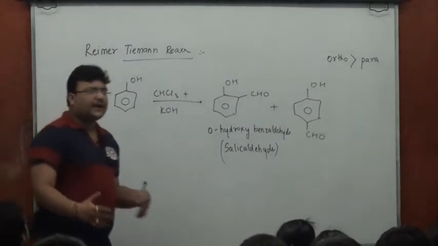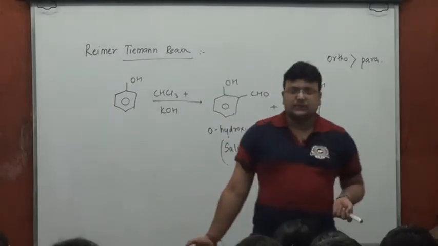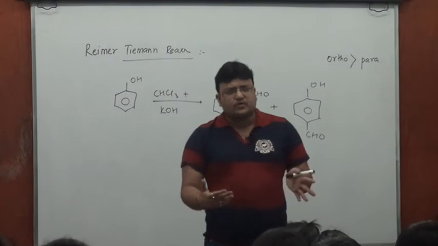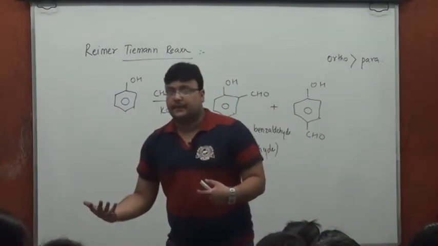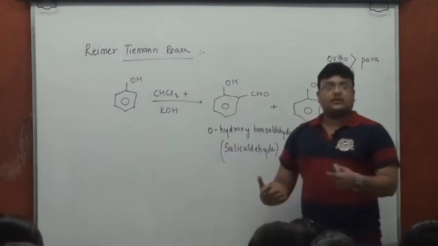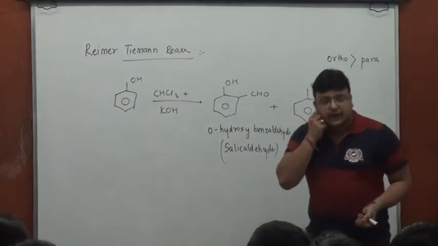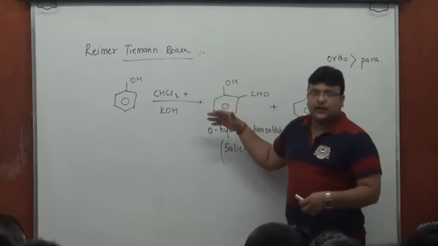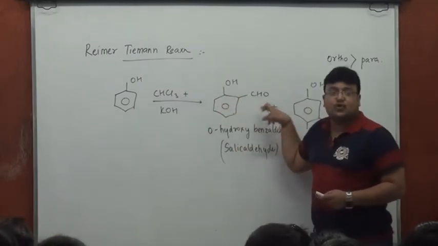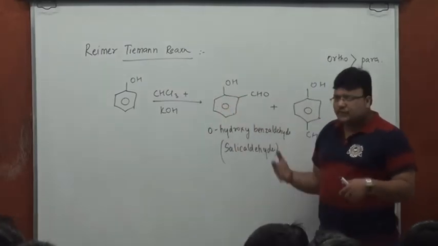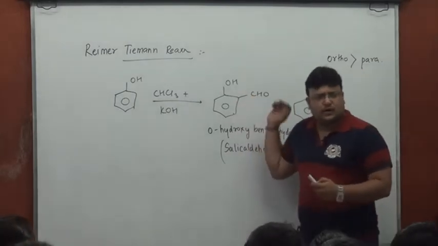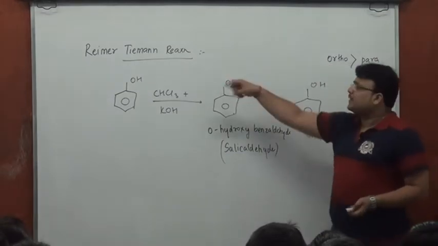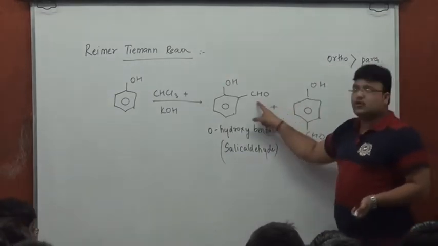And you know, so many times in aromatic reactions, you'll see it's going to be about either introducing or removing a group from the ring. I repeat, it's going to be about introducing or removing a group from the ring. If you carefully see the process, you'll know that it's one way of introducing the CHO group into the ring. We'll know about more ways of introducing the CHO group. But Reimer-Tiemann is a way of introducing the CHO group into the ring.